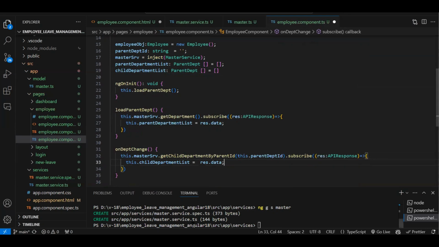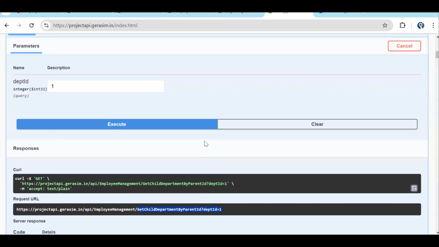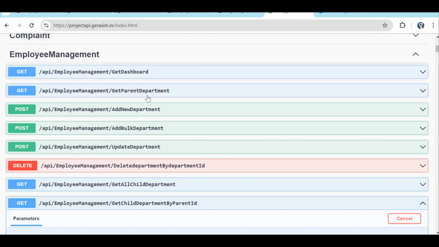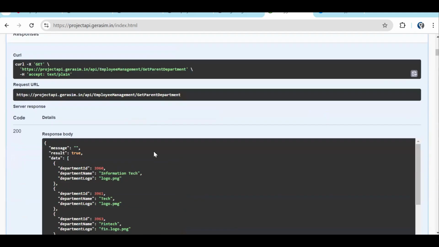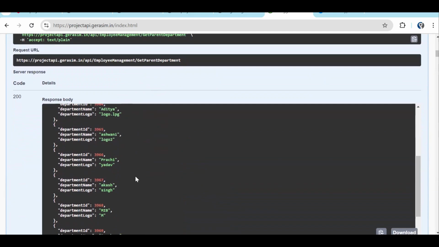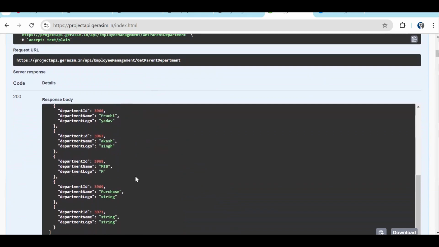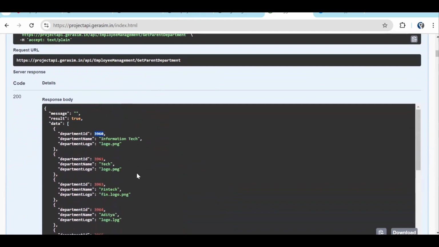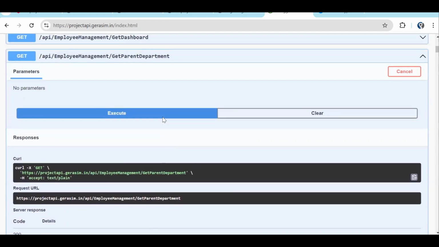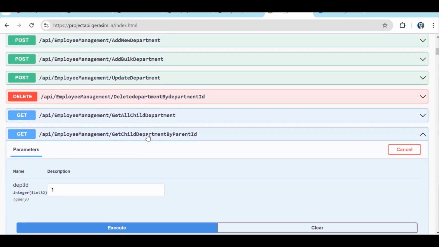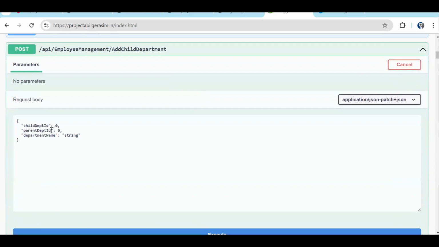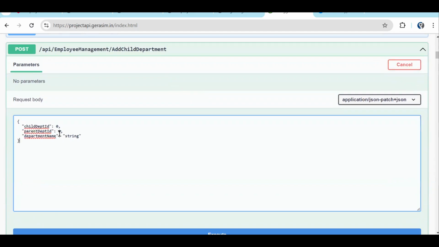Okay. Now, let's see the child department, what type of data we get. I'm not sure in which department we have the data. Let's try sample was there. Everyone is removing the data. Okay, let's say in information technology, I will add the sub department. Let me just create it. Even if you don't find it now, just create it like this. So try it out. Child department, parent department ID,